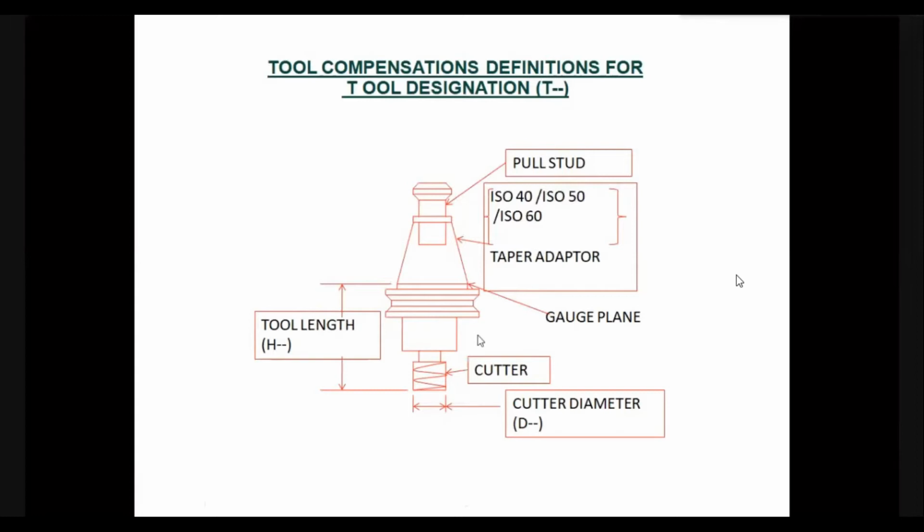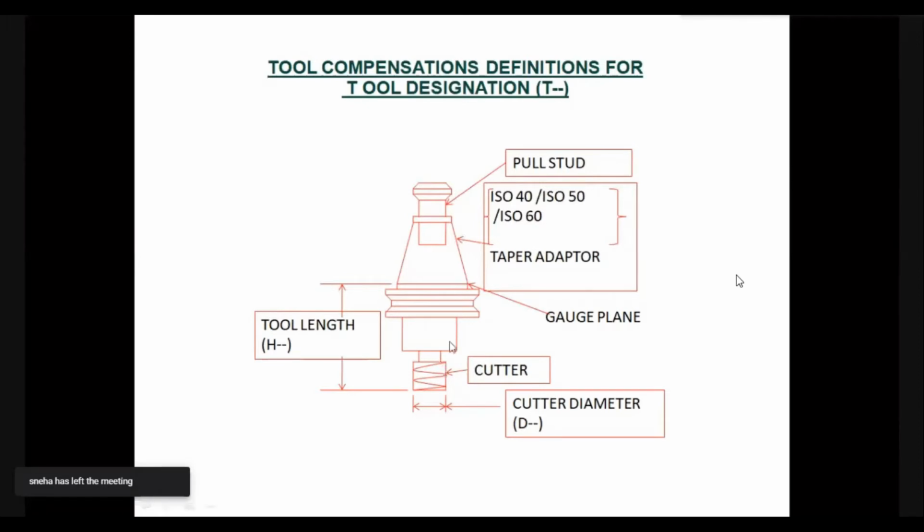The tool will be taken out of the spindle and kept back into the tool magazine, and whichever other tool we call will be picked up from the magazine and inserted into the spindle.